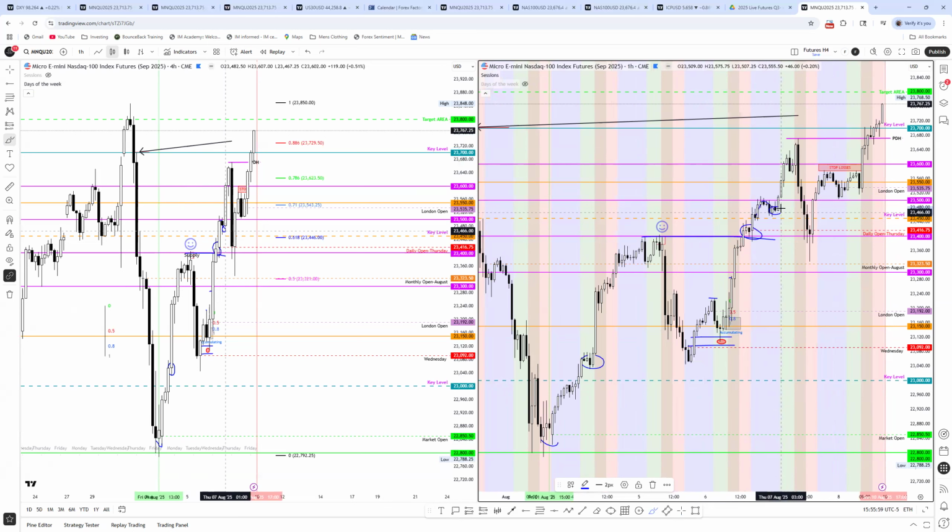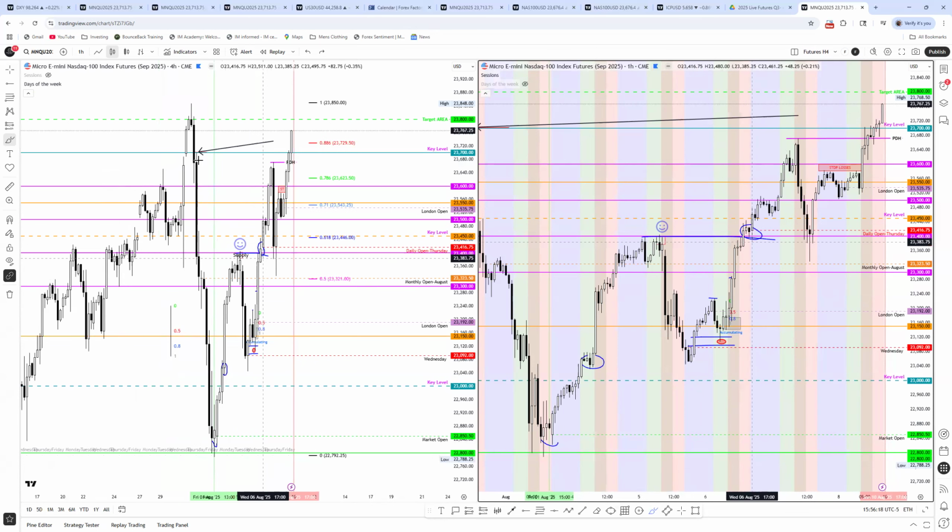And then what do we have? 2 a.m., which is a very important time, just like New York, right? This is London open and price rallies, right? So it's already making new highs on the day before I even look at the markets at 7 a.m. For me, this lets me know that we're pushing into that 78.6, we're pushing into that 88.6 of the swing, but at this point, we're just right here at the 78.6. So this is a really nice push from the market open lows to this point of the week on a Thursday, right?